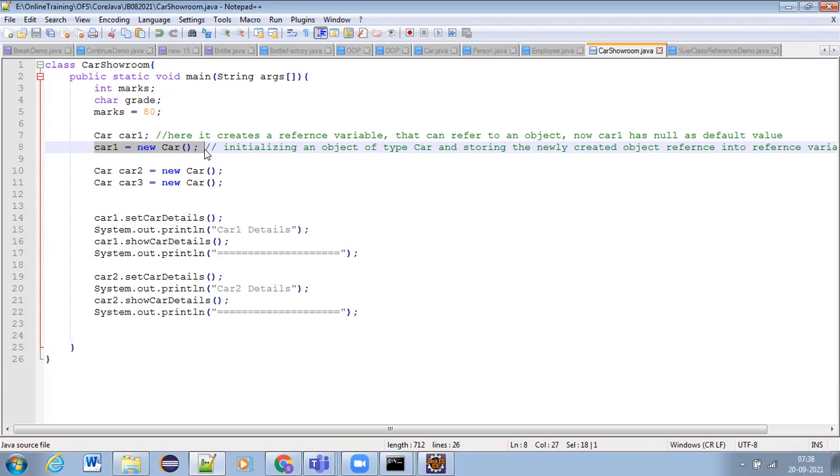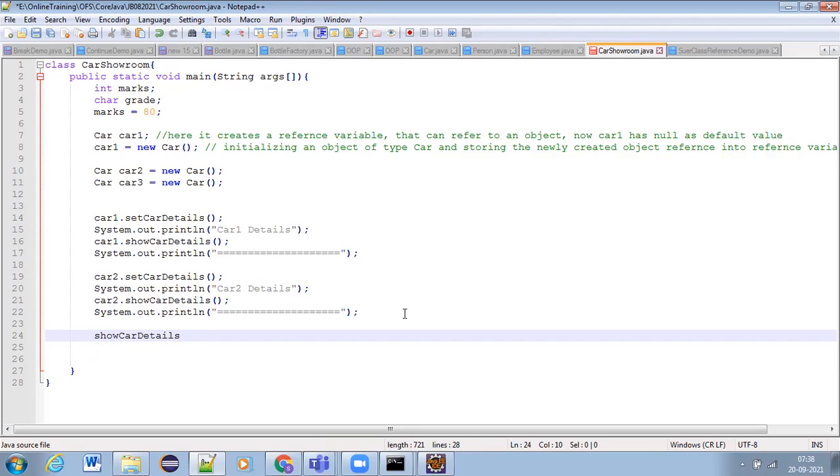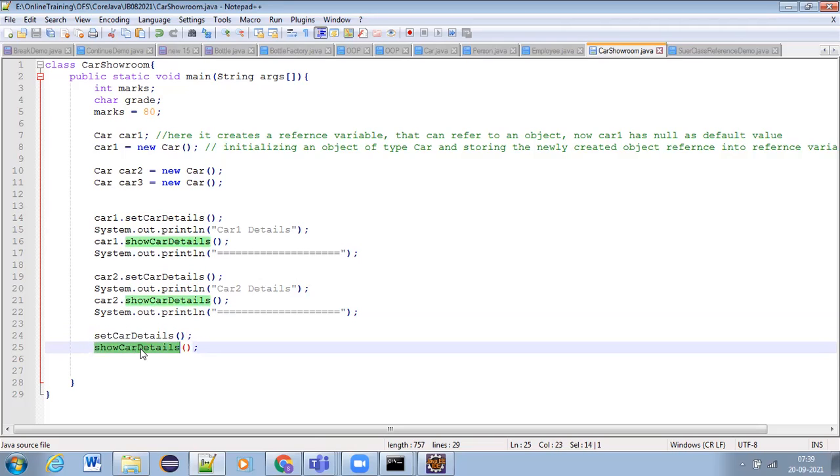If car object has not been created, then we cannot use the car members. If I directly try to use show car details or set car details, I cannot use it. It says, I don't know what is set car details, I don't know what is show car details.